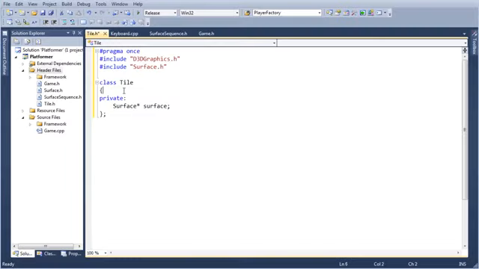For collision. So it's kind of redundant to store the tile's position and also to store its collision rectangle, because that information includes its position. So here's the dilemma.